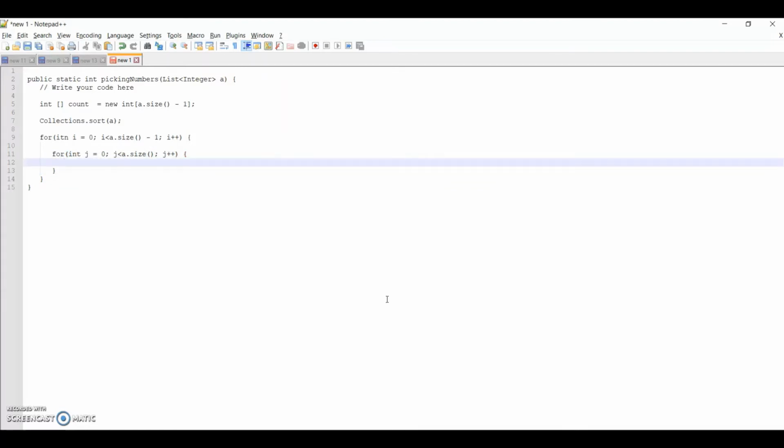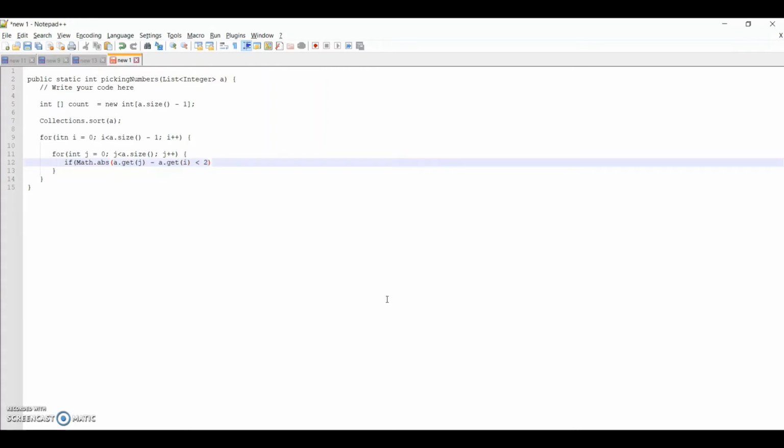Okay. Then we are checking if Math.abs of a.get(j) minus a.get(i) is less than